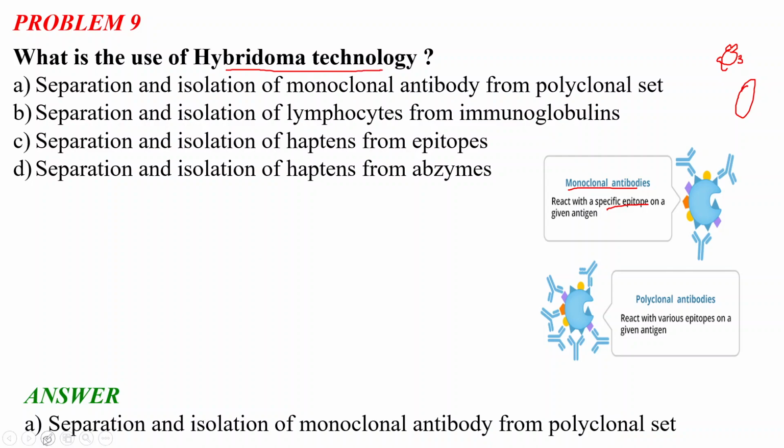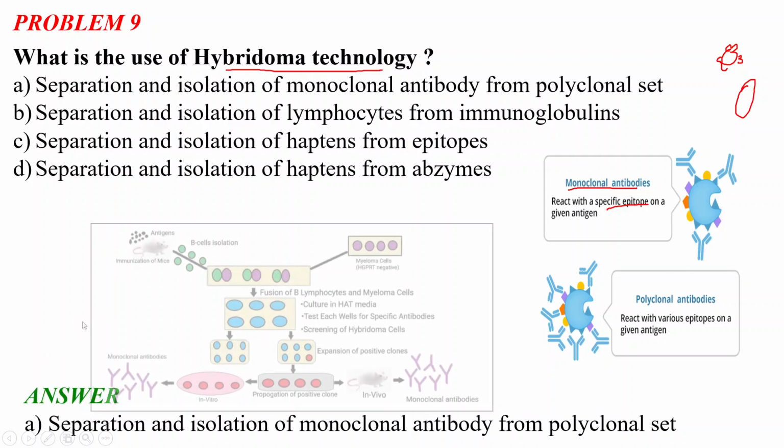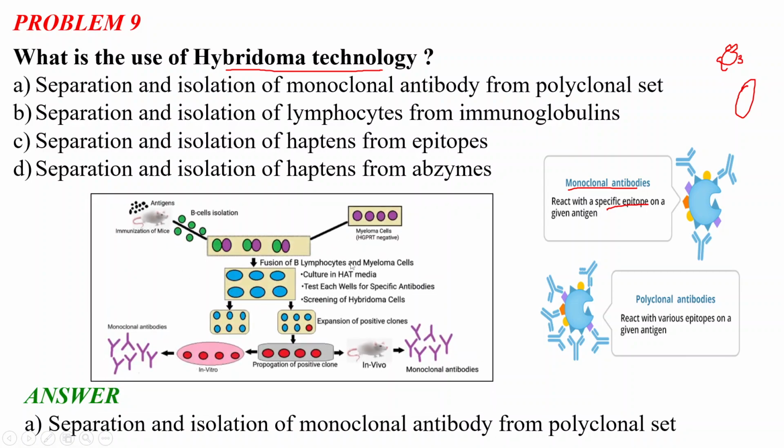Now I will show you a figure about the hybridoma technology first. So what is hybridoma technology? The name comes from hybridoma cells. We know that B cells produce the antibodies. But these B cells are very short lived. To separate a monoclonal antibody from the polyclonal set, we need sufficient time. But since the B cells which produce these antibodies are very short lived,